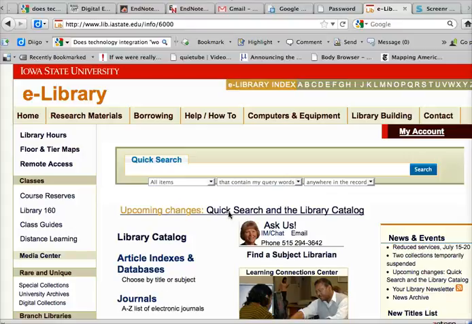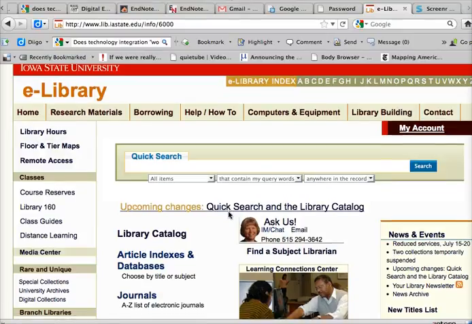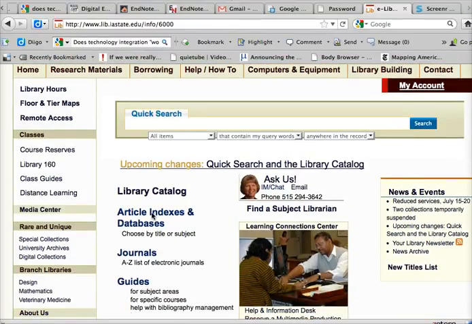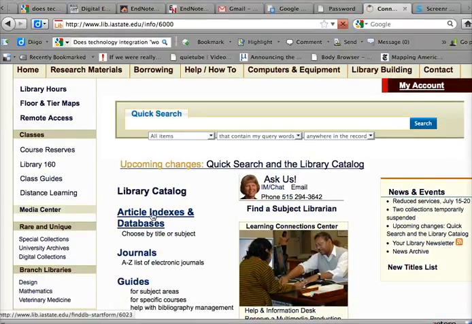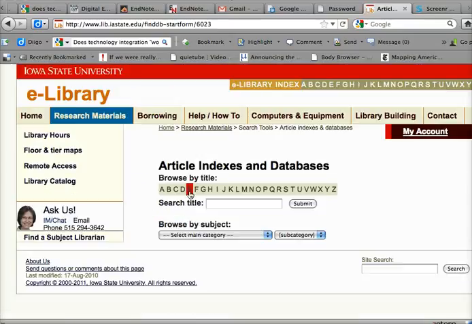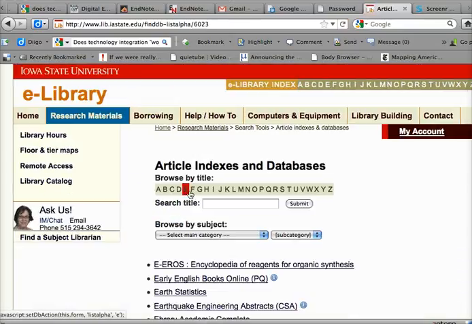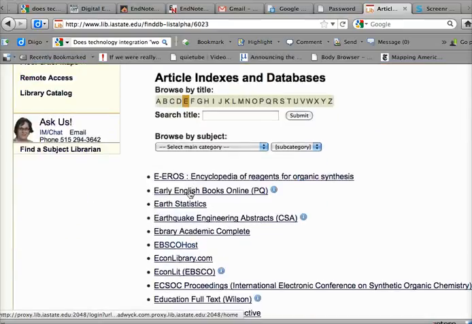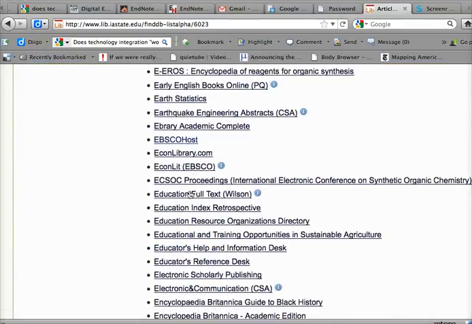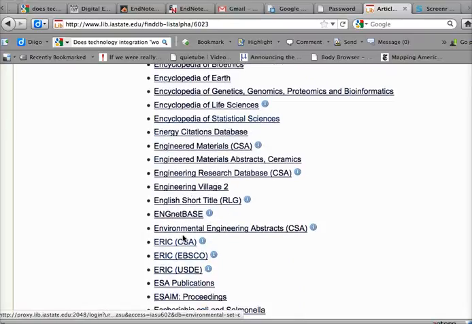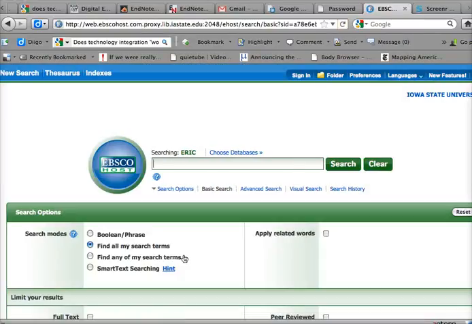The easier way to get files and citations into EndNote is to have it actually do it automatically. So the way that you do that is from your home page, you click Article Indexes and Databases. And the most common one in education, although it's not the only one, is ERIC and EBSCO. I also want to note that for some reason Google Chrome gives problems to this whole function, so I'm using Firefox right now. So I'm going to go to ERIC, EBSCO, click on ERIC, EBSCO, and it's going to